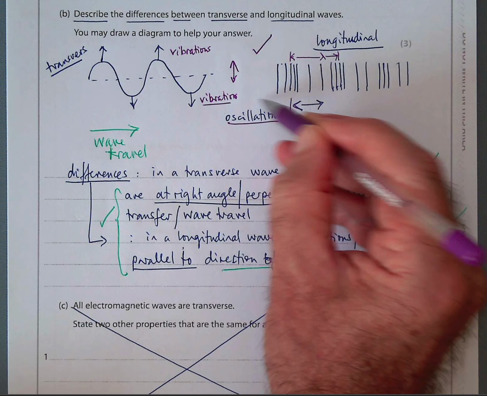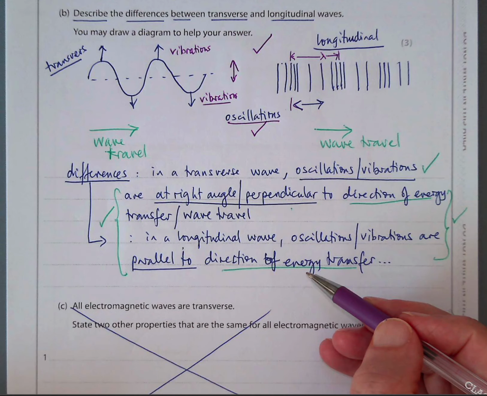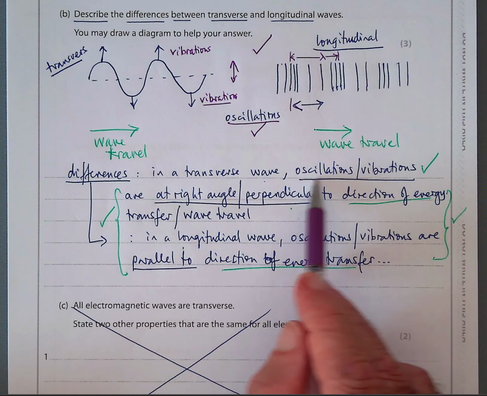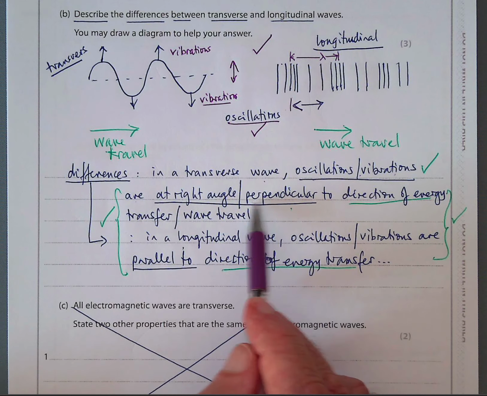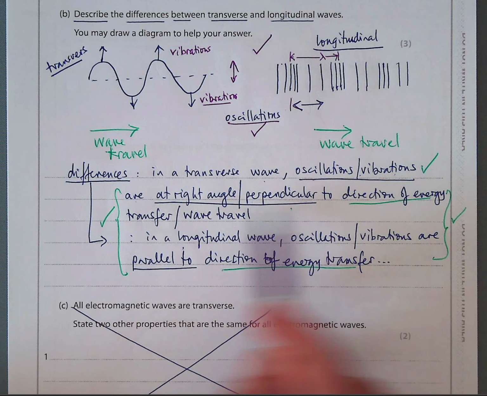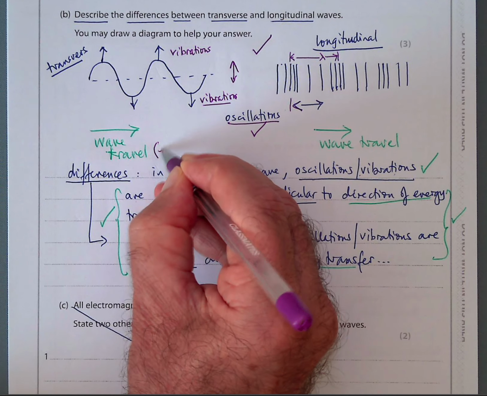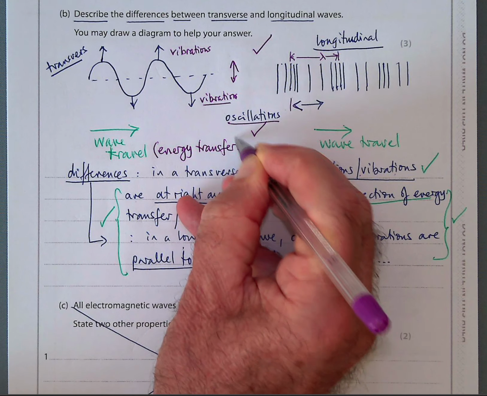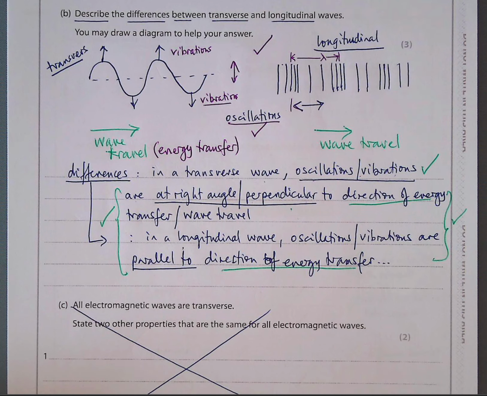You get 1 mark for explaining that there's oscillations up and down and sideways, so you've mentioned the oscillations bit, and then this is now putting it into words. In a transverse wave, the oscillations or vibrations are at right angles, or mathematically speaking, perpendicular, to the direction of wave travel or the energy transfer. So if the wave's going that way, that means the energy is being transferred that way too. Okay? So this is the language you need to be able to copy and learn and reproduce for GCSE level